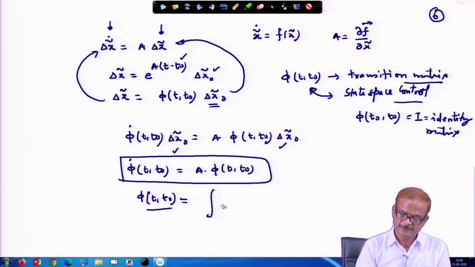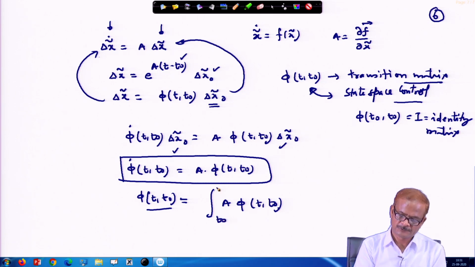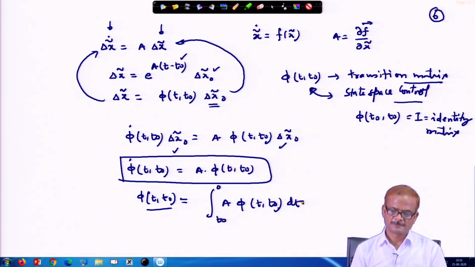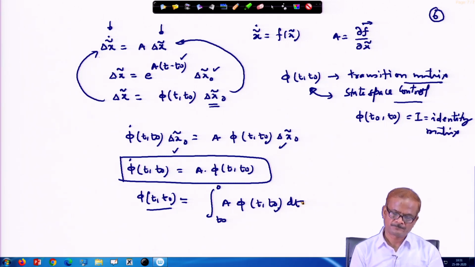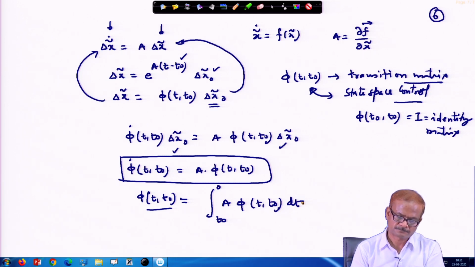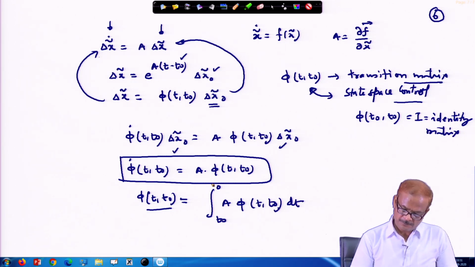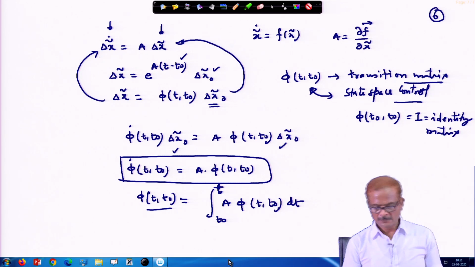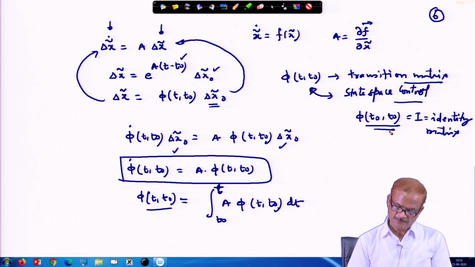So, this quantity will be A phi t t 0 integrated from t 0 to t dt. Okay, so, you are starting with this initial value, you can keep on integrating step by step and you can get this,